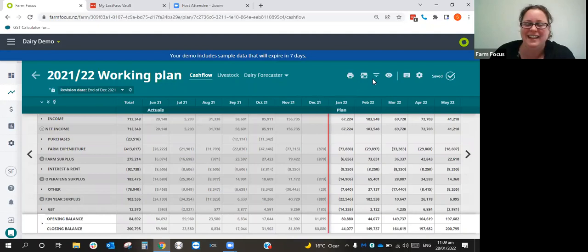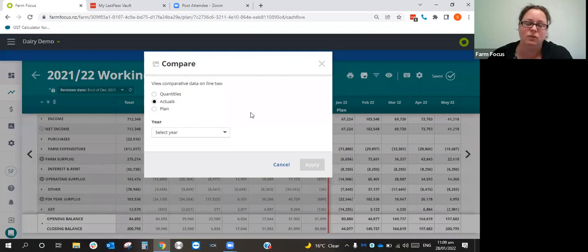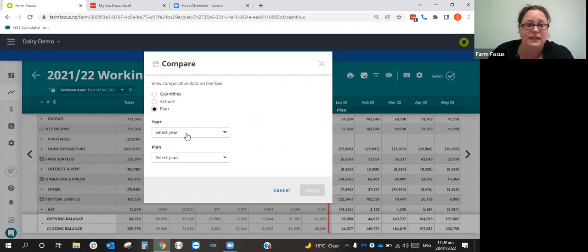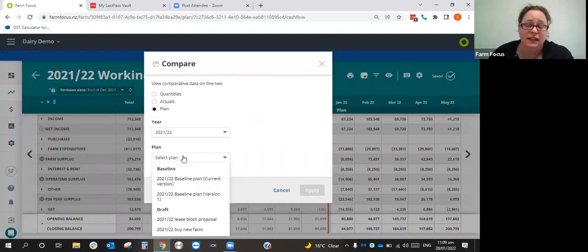And then we're going to come up here to our icons over at the top right. We've got print, compare, filter, view. I'm going to come up to compare, and it's asking me, what do I want to see on line 2? So I want to see the planned items on line 2. I'm going to select my year, and I'm going to select the plan that I want to compare against. So I'm going to go to my baseline current version. This is the most recent one I've created,